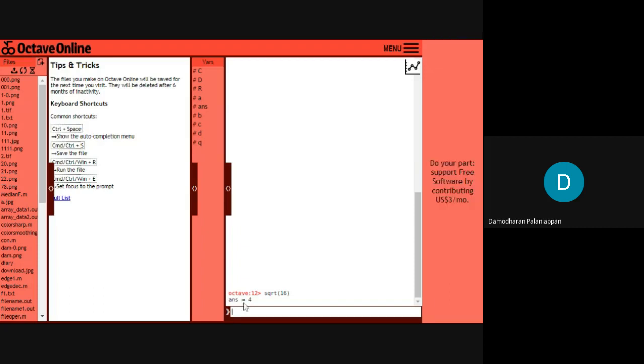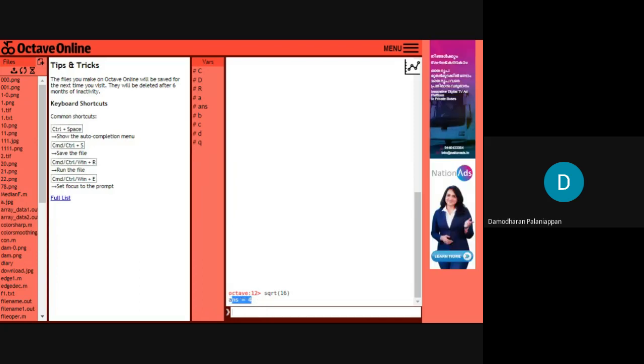So the result will be stored in the variable called ans and it will be displayed. The same command, sqrt(49), close it, and semicolon. I'm not giving any variable to store the result, but I'm giving a semicolon. Now the predefined square root function is executed.